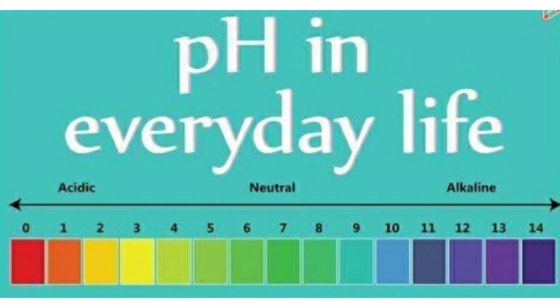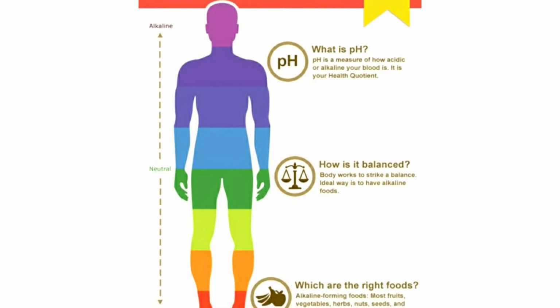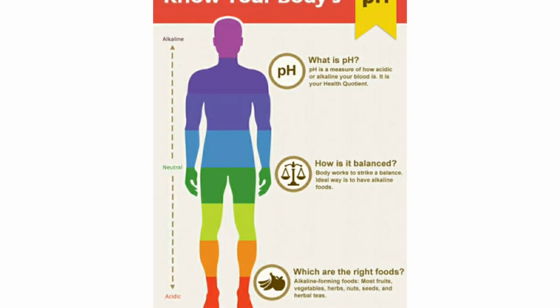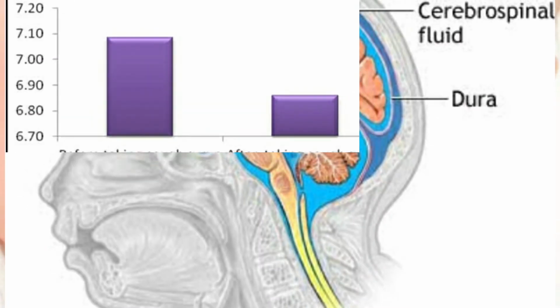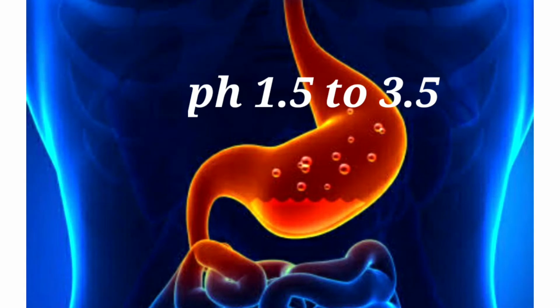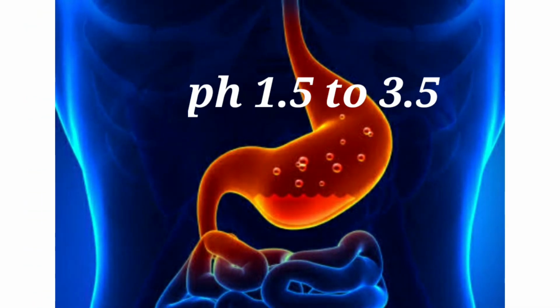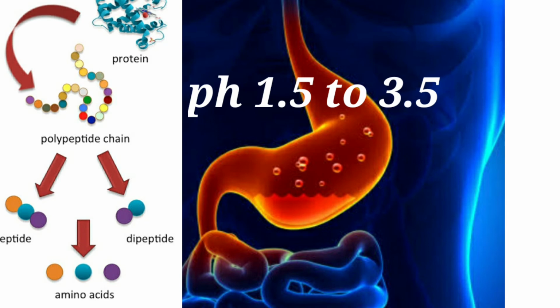Now we shall see how this pH is useful in our day-to-day life, children. Human body as a whole doesn't have a particular pH. Different parts of our body have different pH values. The pH of saliva, blood and spinal fluid is approximately 7.4. The pH of gastric juice in the stomach ranges from 1.5 to 3.5. The high acidic level in the stomach helps to break the proteins in our food into amino acids, which are building blocks of our body cells.